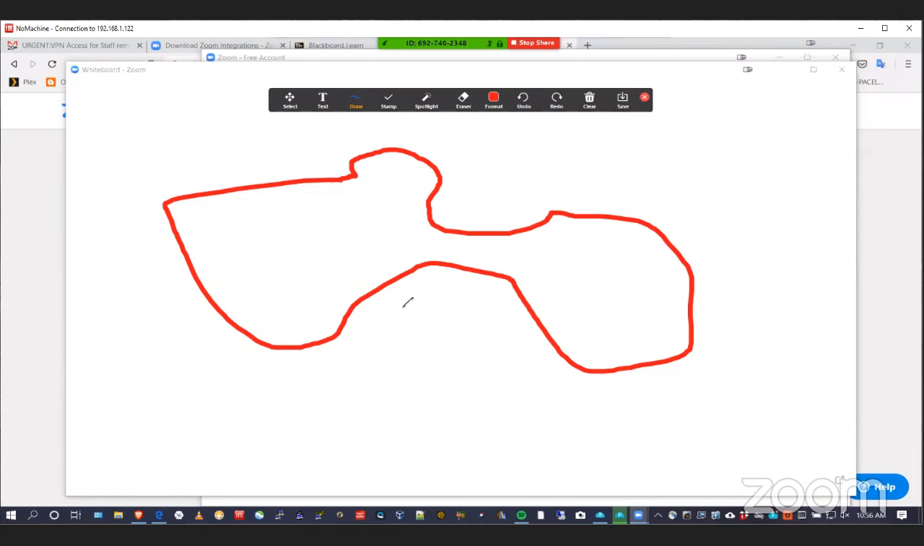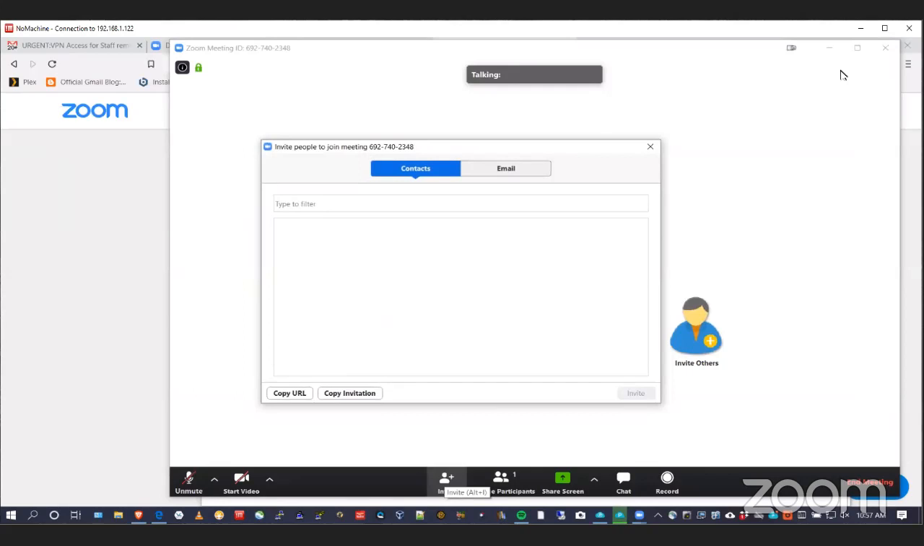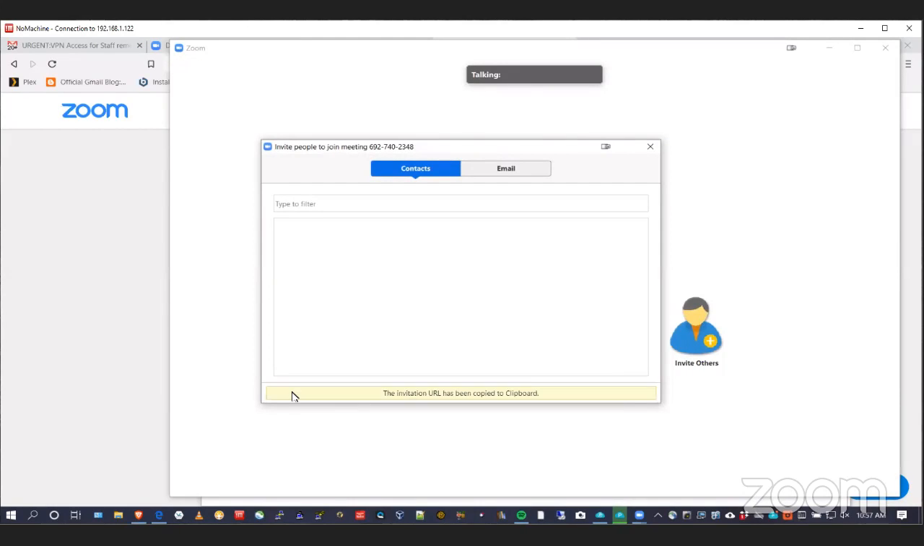So yeah, after I show them how to do the web link inside Blackboard, then I'm going to show them a few features. The whiteboard is kind of BS, but some people use it, right? They want to mark up stuff. But definitely I'm going to show them how to invite, how to copy their URL, right here,